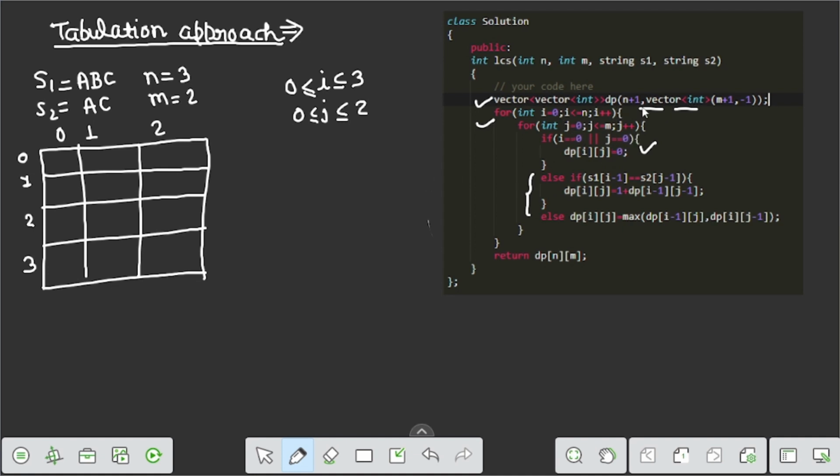But we initialize our dp vector with minus 1 at each index. So we initialize each index with minus 1 here. Okay, and we go to the for loop.